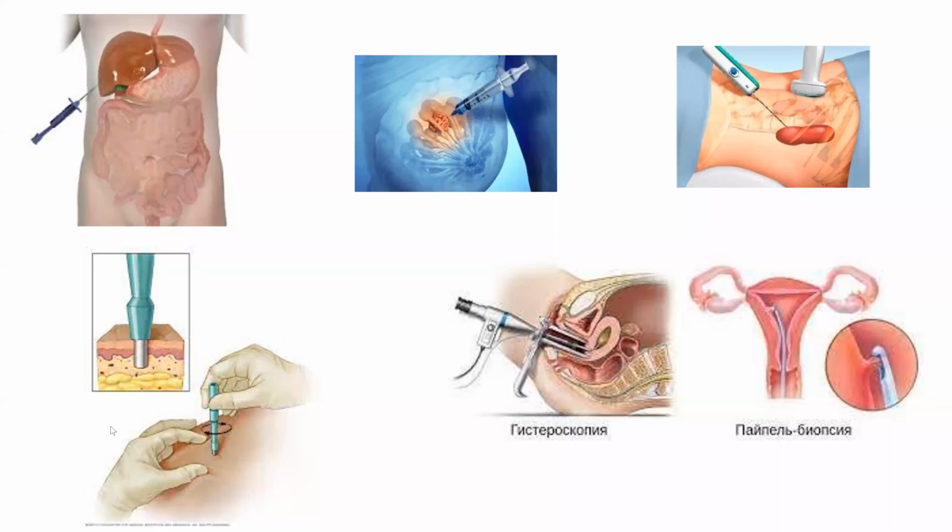Now, this is punch biopsy for skin pathology, with a special needle for punch biopsy. The next type of biopsy is endoscopic hysteroscopy, used to obtain a biopsy of the cervix, cervical pathology, and tumors,